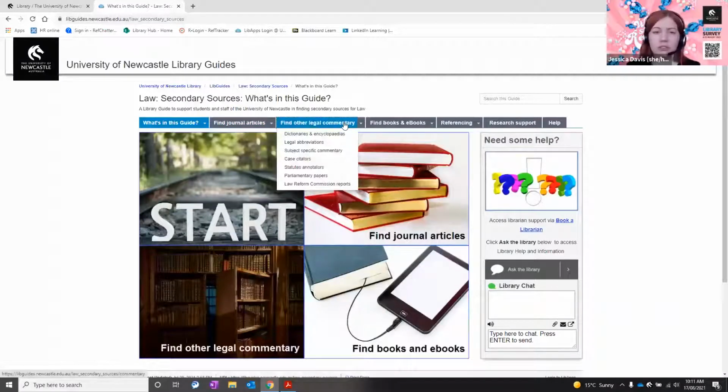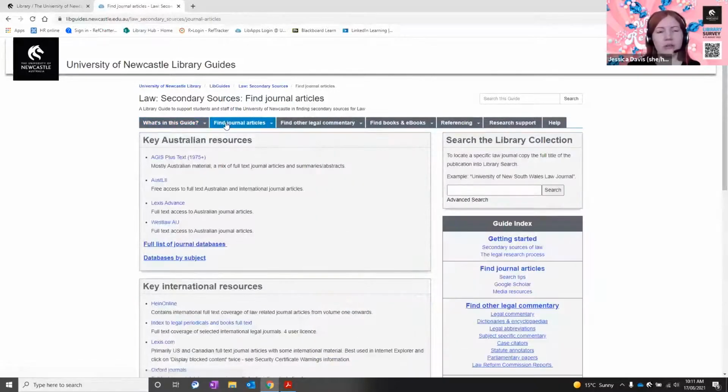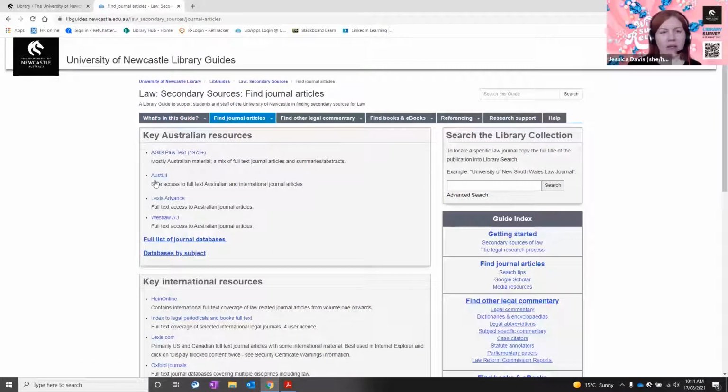Find other legal commentary, so the dictionaries and encyclopedias, information about legal abbreviations, subject-specific commentary, case citators, statutes annotators, parliamentary papers, and law reform commission reports, as well as some information on how to find books and ebooks and referencing.